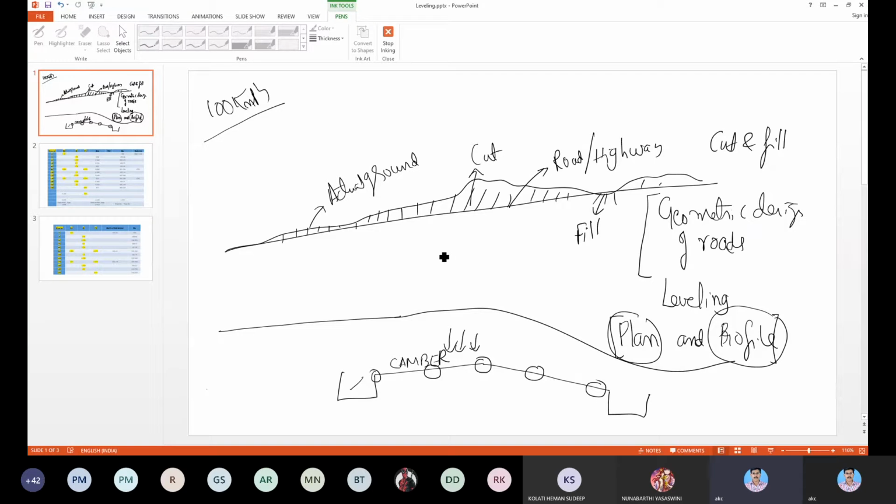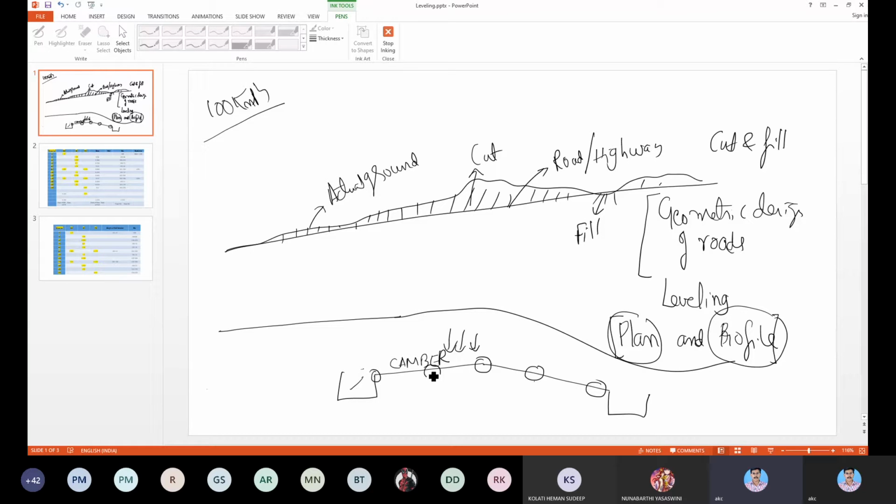So we take one set in the longitudinal direction along the center line, and also at some particular offset from the center line.